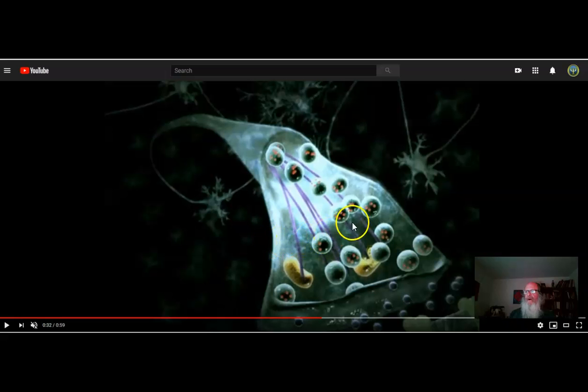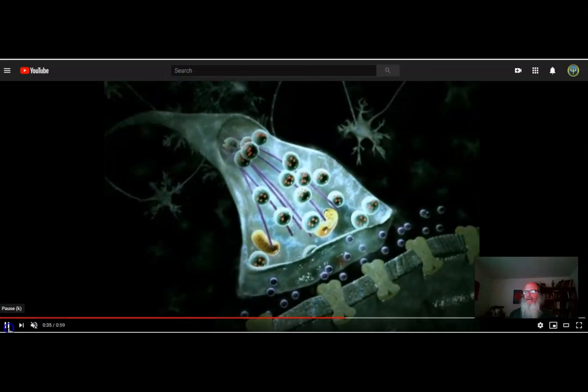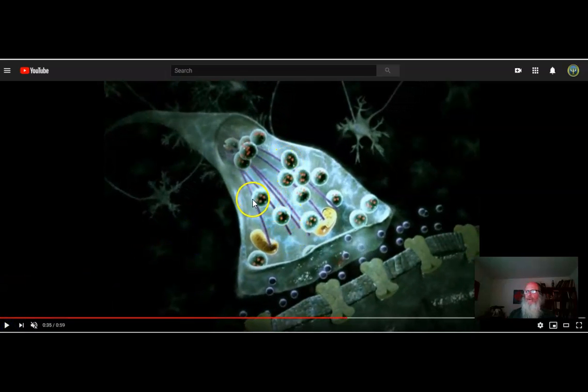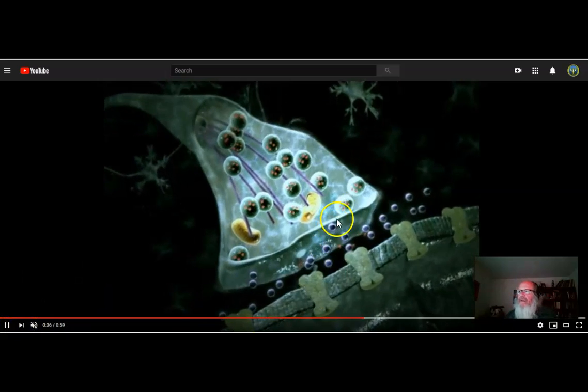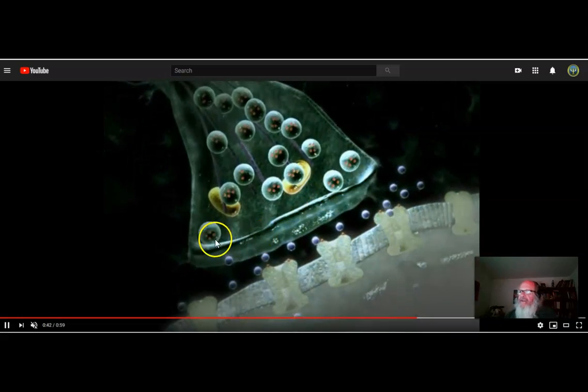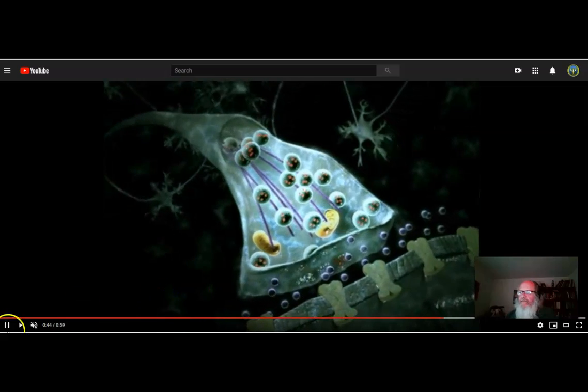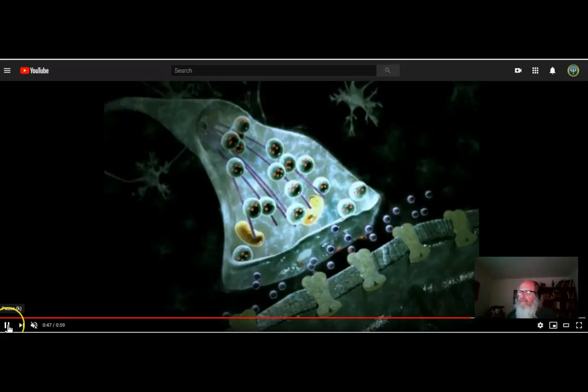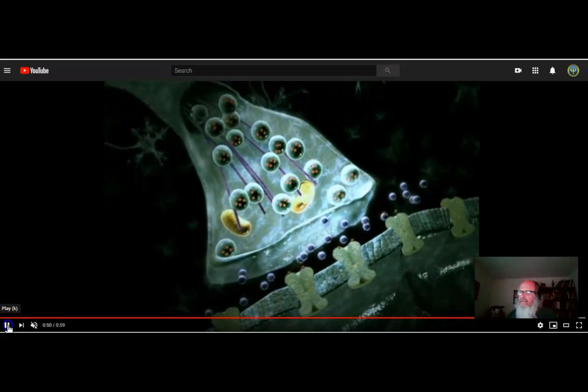So here's the part of the material that's underneath the cell membrane, the boundary, that's white. We've got these spheres, and the white area pushes these spheres up against the cell membrane. And as it pushes these spheres up against the cell membrane,